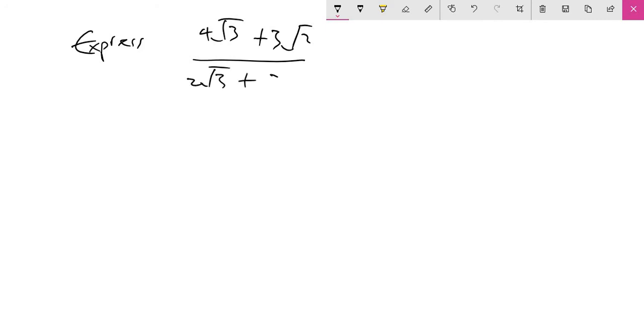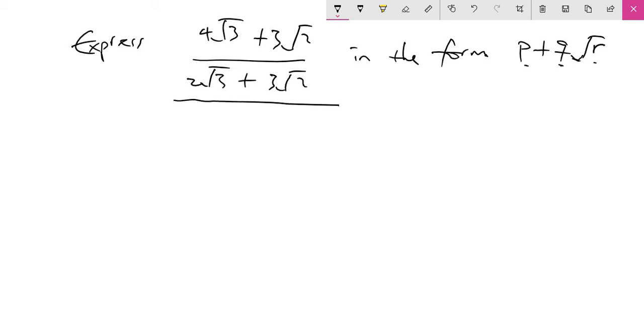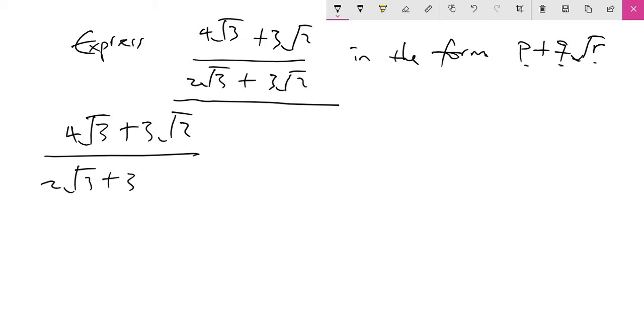Now let us do more of the rationalization with complex denominators. Okay, so we have: express 4 root 3 plus 3 root 2 divided by 2 root 3 plus 3 root 2 in the form p plus q root r. So of course, p plus q root r means you basically express it in this form. Once you look at this expression, you can tell that it needs rationalization, and that's exactly what we're going to do. 4 root 3 plus 3 root 2 divided by 2 root 3 plus 3 root 2